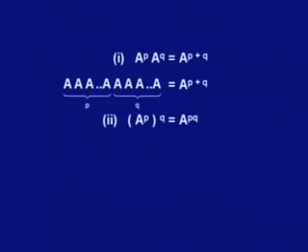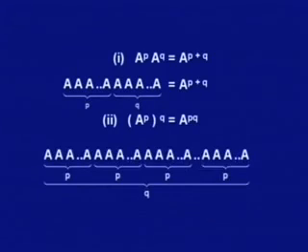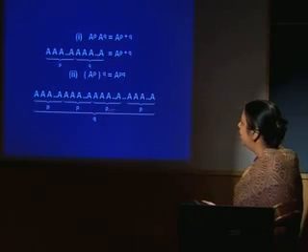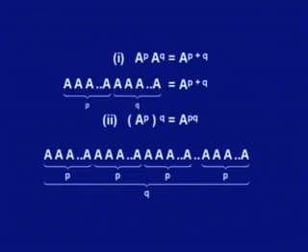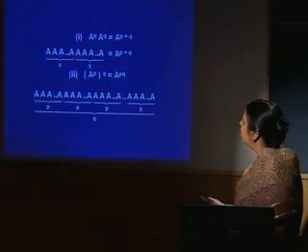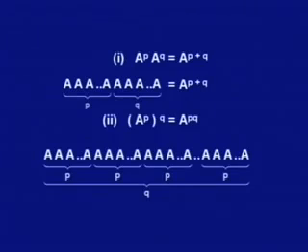Similarly, A^p when multiplied q times, we have a matrix A raised to power pq, and this can be proved as this. Here A is p times, this is A^p, this is another A^p, and this is to be multiplied q times, and these are q such expressions, and what we have on the right hand side is A raised to power pq.